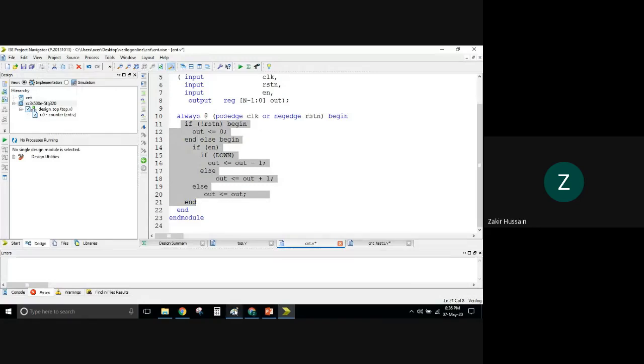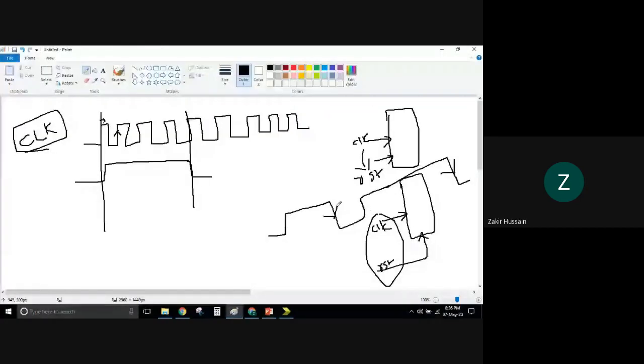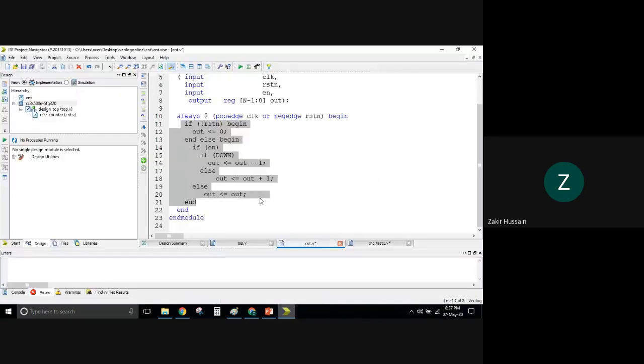And when this event is triggered, that is a negedge, then irrespective of your clock edge, maybe a positive edge may not be happening, since this event has occurred and you have put it in your sensitivity list, this is called the sensitivity list. Remember, yesterday I did not mention that this area is called the sensitivity list. So since you have mentioned it in the sensitivity list, irrespective of whether your clock edge took place or not, since this reset negedge had already taken place, this entire block will be considered by the compiler for execution. So this is called asynchronous reset.